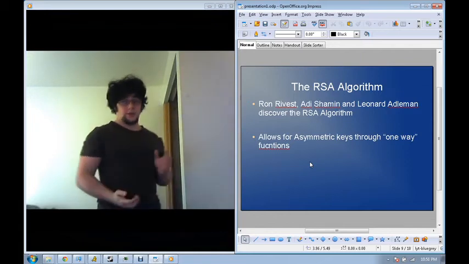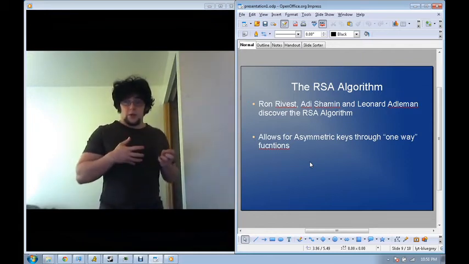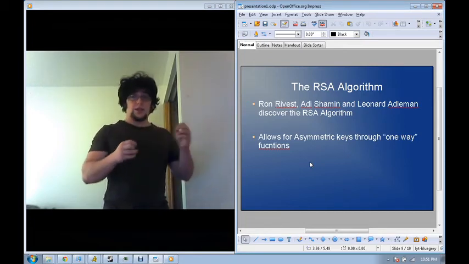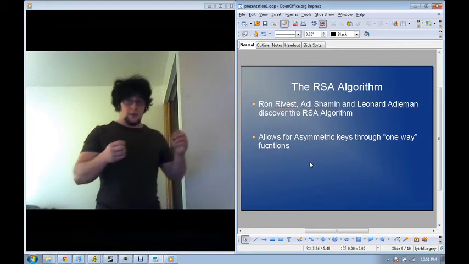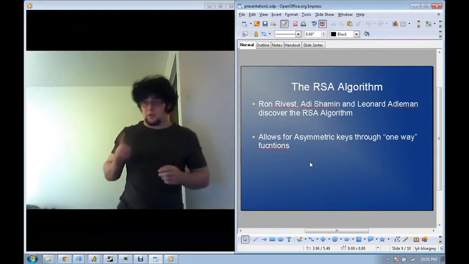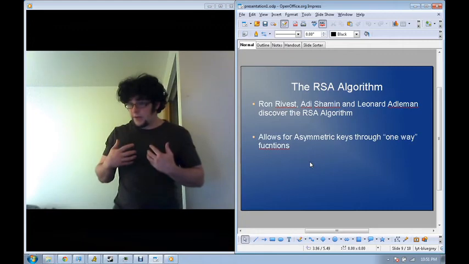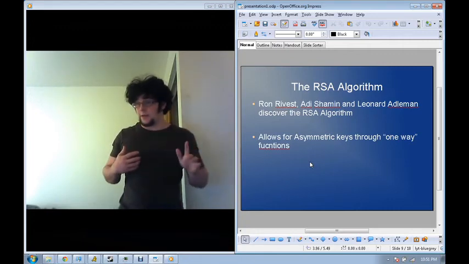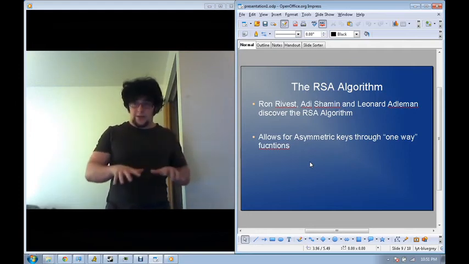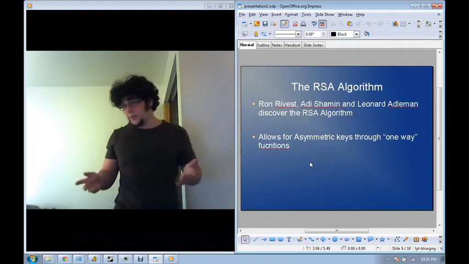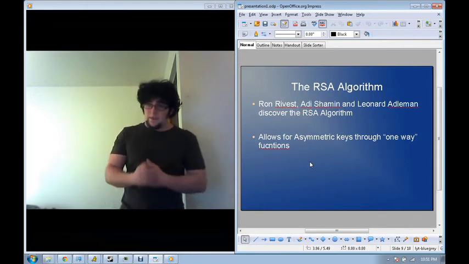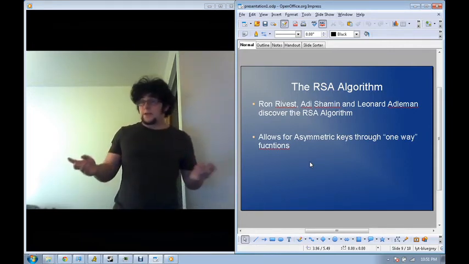Now Artem receives my message and he decrypts his portion of the message with his private key. So he decrypts his public key with his private key, and then he decrypts my private key with my public key. And through doing this, he can be sure that I was the one who sent him the message, because no one has access to my private key, and only my public key could decrypt that. And no one else can obviously read the message, because no one has access to his private key except for him, or at least that's the idea. So in this way, private keys never need to be shared.